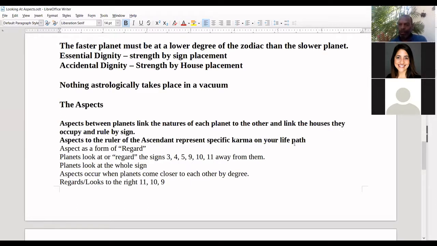there are three types of karma. There is karma that can be changed, there is karma that cannot be changed, and there is karma that some of which can be changed and some of which cannot be changed. Now, the determination of that in Vedic astrology is different. I'm coming up with a different idea for myself, but I think a lot of it has to do with the nature of the planets, the essential dignity, the accidental dignity, the condition of the planet. That has a lot to do, in my opinion, with whether or not certain karma can be changed or not. And that can go good or bad, right?